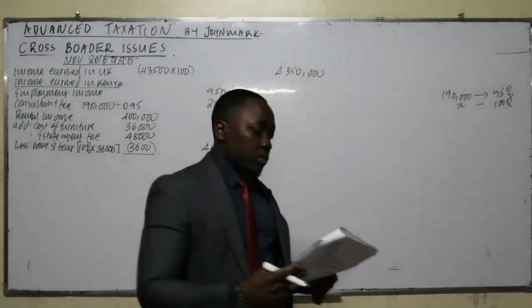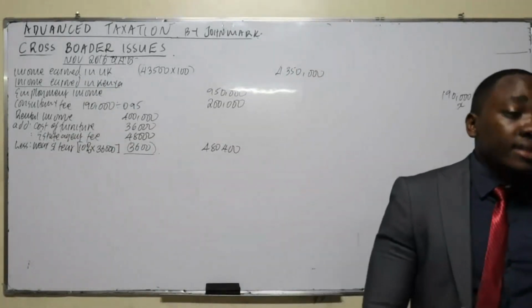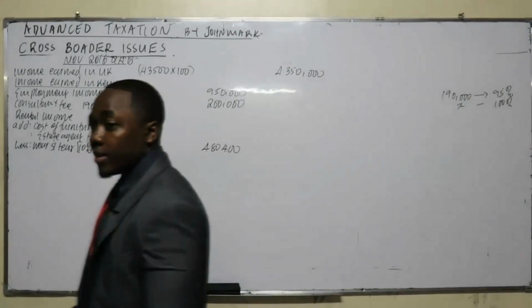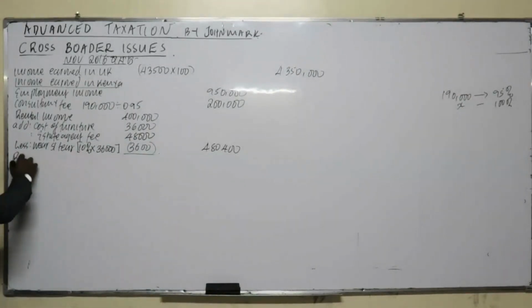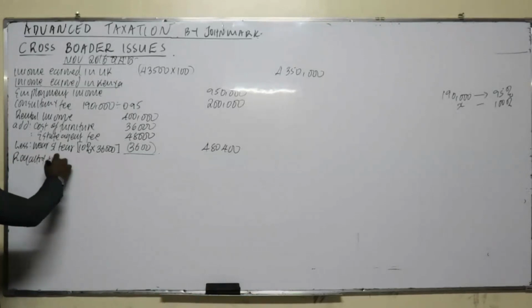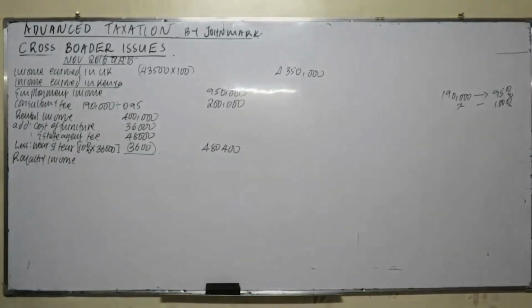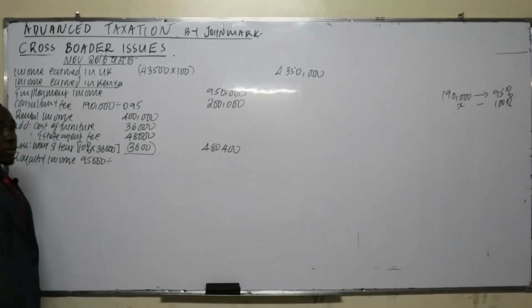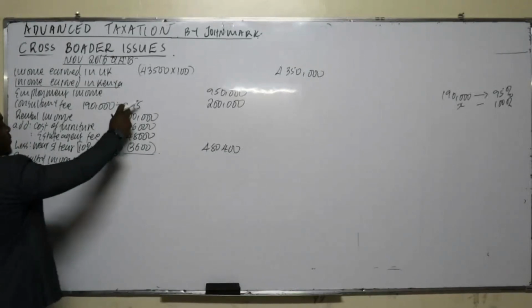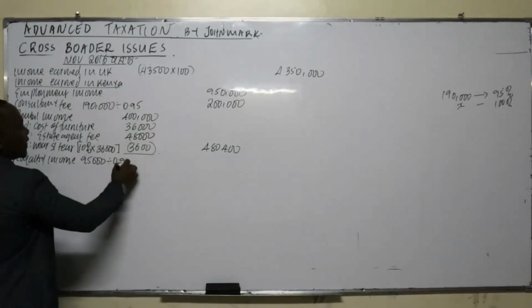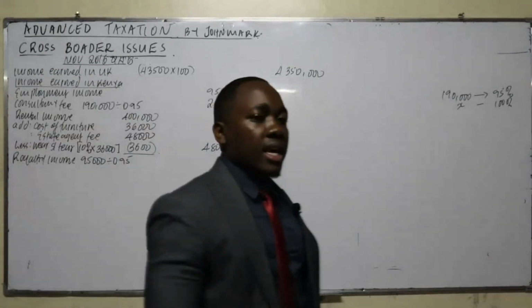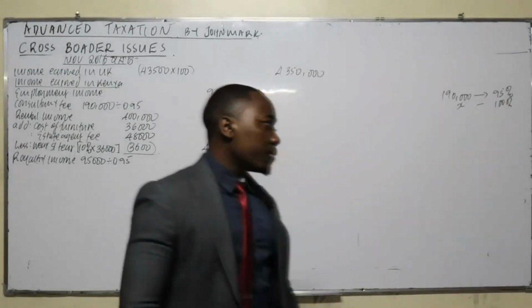Number two, there was other income. Patent rights, where he received a net royalty income of 95. There was royalty income. Royalty is also subjected to withholding tax at the rate of 5%. So it's 95, this is net. We want the gross. The withholding tax is the same 5%, so therefore divide by 0.95. But you can see that 95,000 is the same as 95%. What about 100%? So how much was the gross? 100.